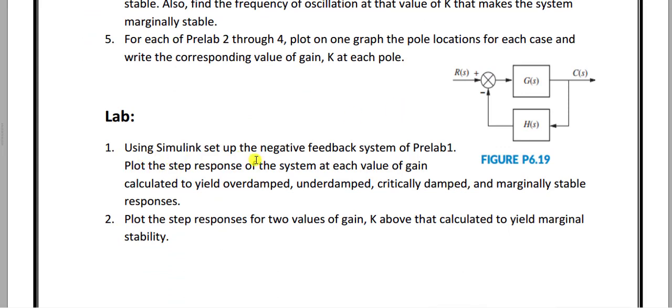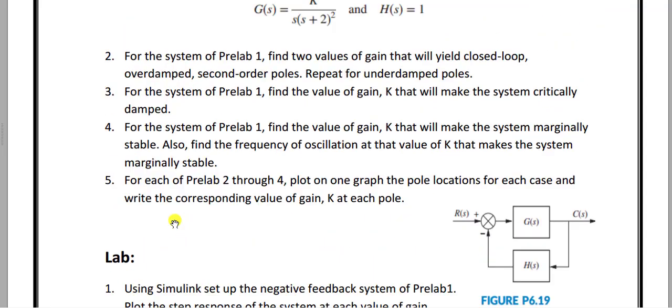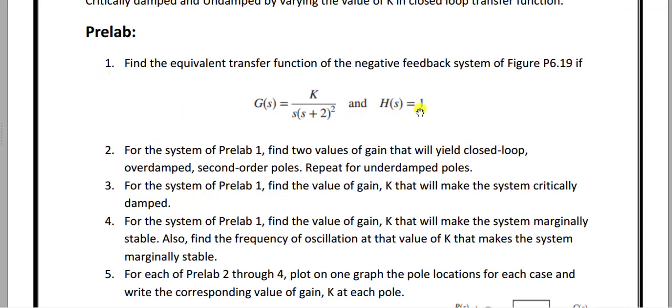Using Simulink, set up the negative feedback system of pre-lab 1. Plot the step response of the system at each value of gain calculated to yield overdamped, underdamped, critically damped, and marginally stable responses. So what you need to do is see this pre-lab 1.